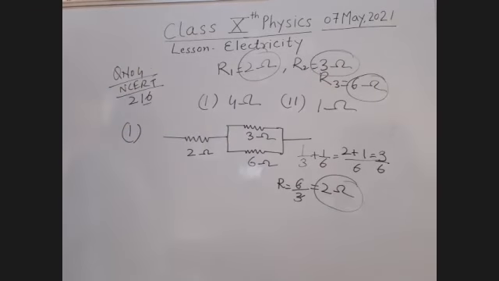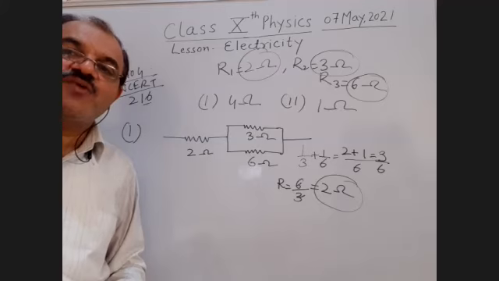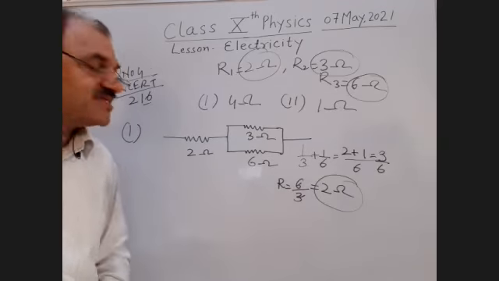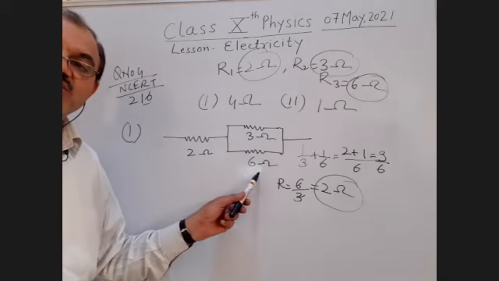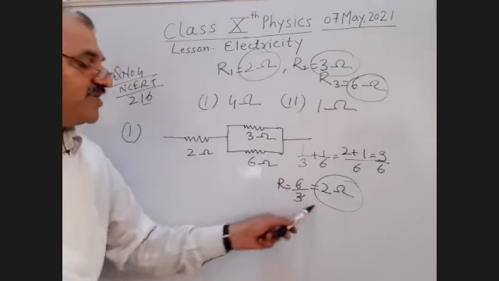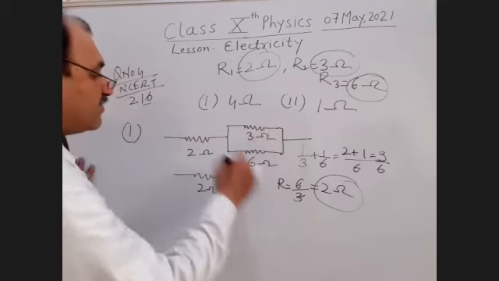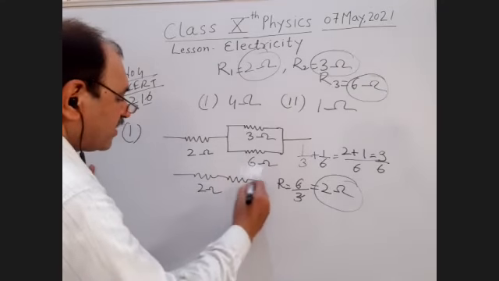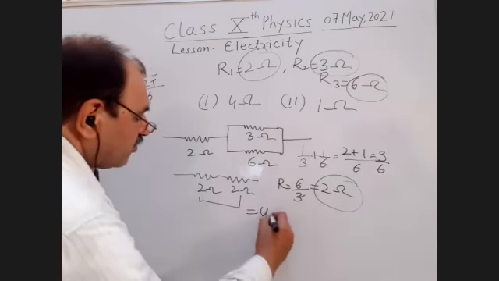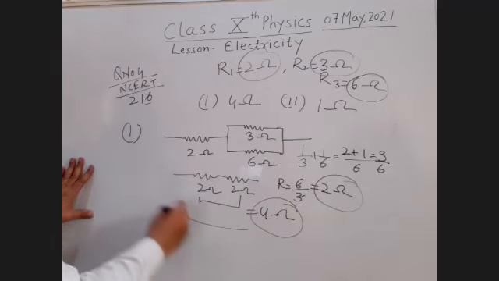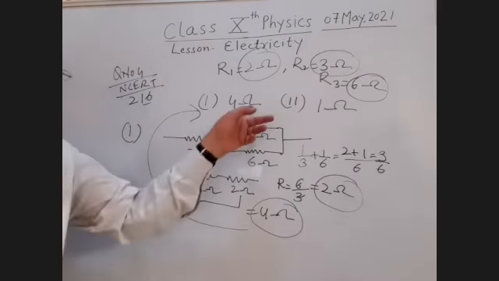Now, students, I am near to the answer. What I have done is these two resistors, I showed them in parallel. Net resistance will be 2 ohm. Now, this is already 2 ohm, and by combining these two, it has also become 2 ohm. Now, students, they are in series. Now it will be 4 ohm. So this is the answer of my first part. Is it clear, students? How to get the answer of the first part?